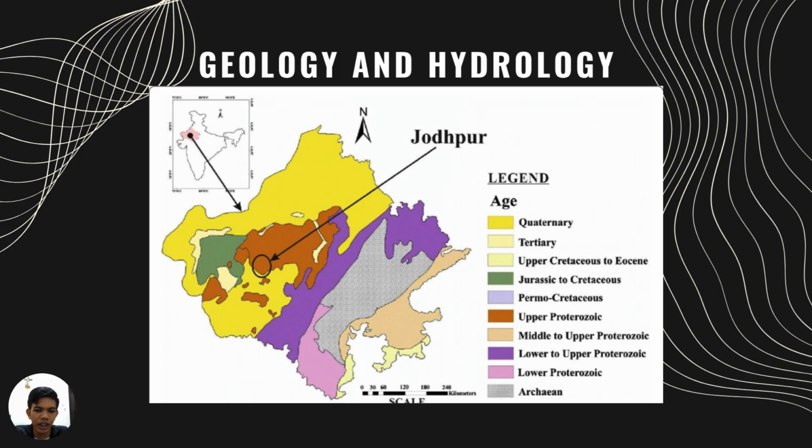For the geology and the hydrology, Jodhpur city has a complex landscape, with the old city built on hilly terrain and flatter land spreading towards the southeast and southwest. Geologically, it sits on mixed sandstone, shale, and limestone from the Vindhyan group, along with Malani rhyolite, an older volcanic rock. These formations date back hundreds of millions of years from the Proterozoic to the Paleozoic era. The rhyolite rock, especially in the Kailana Lake Takhat Sagar area, is highly fractured and weathered, which makes it a key zone for water leakage.